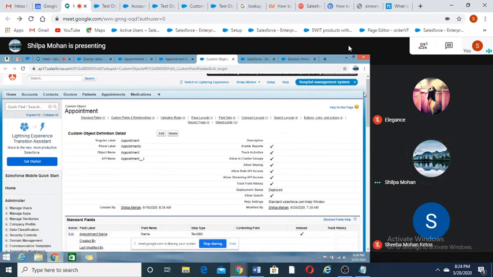In appointment object, you have to create a lookup relationship on patient. This is one task.